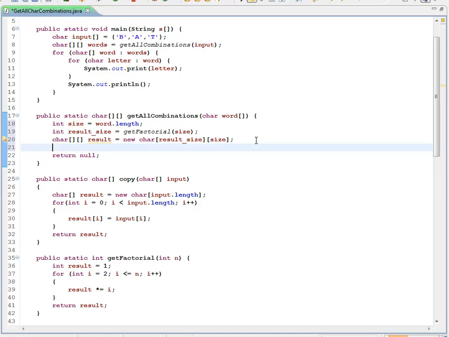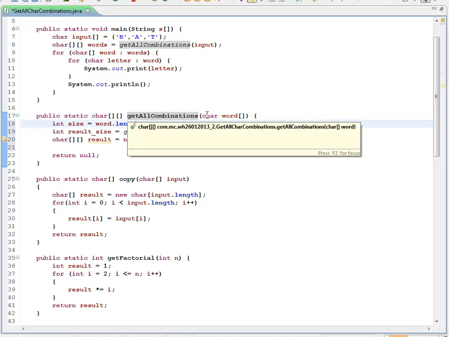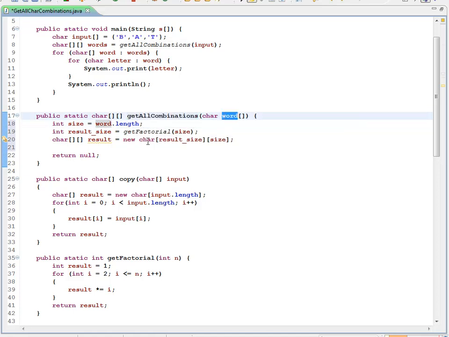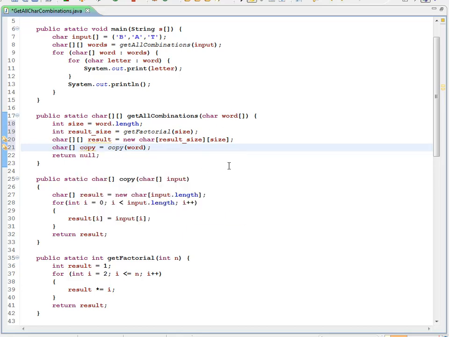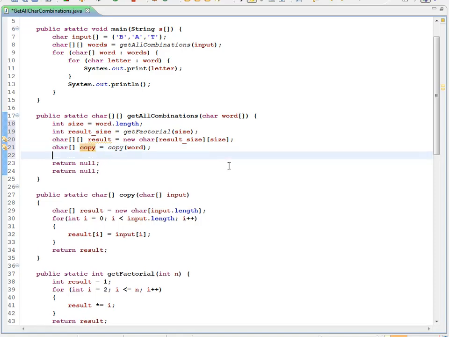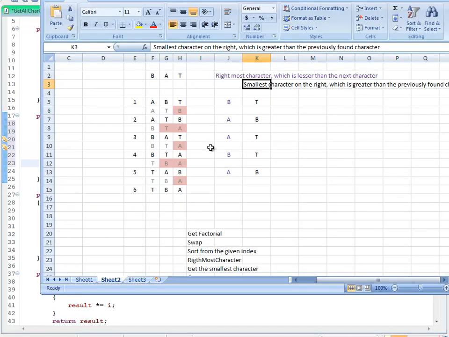Then, since we don't want to change whatever we got, since the method says get all combinations, we don't want to corrupt the word which comes to us. So what I want to do is just create a copy of it. Char copy equal to copy of word. So we'll just take whatever word we have, take a copy of it, and process this copy. First thing, as we discussed here, we have to first sort that